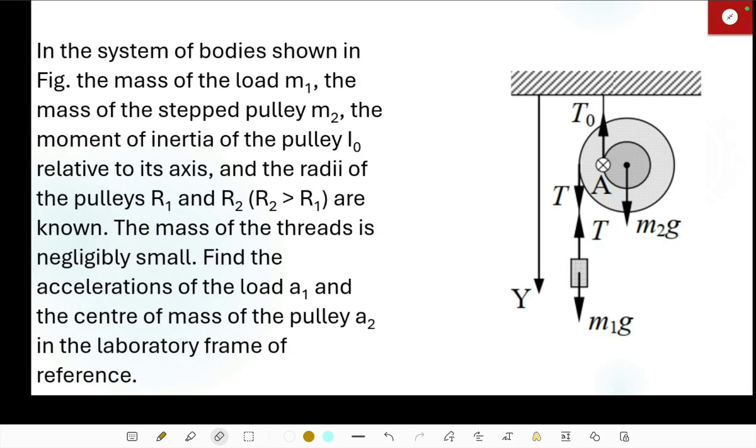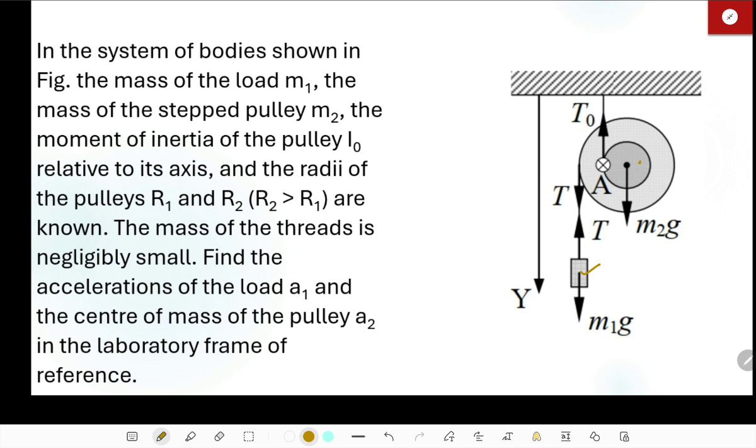And in the series of solving simple problems of rotational dynamics, we have yet another simple problem. You can see the picture and read the transcripts of the problem. In the system of bodies shown in the figure, the mass of load M1 is this, and the mass of the stepped pulley, that is this one inserted inside,